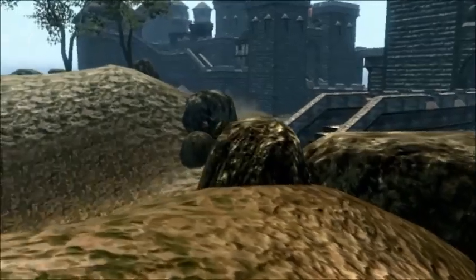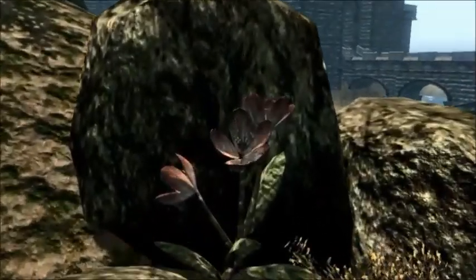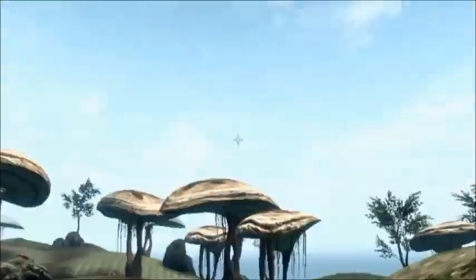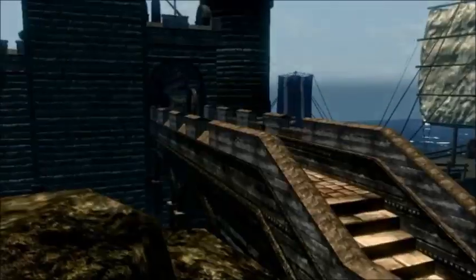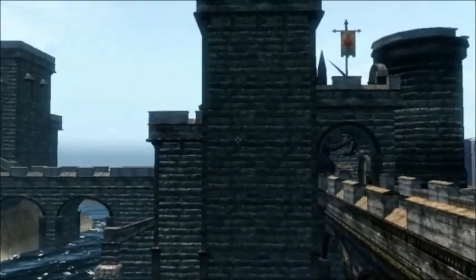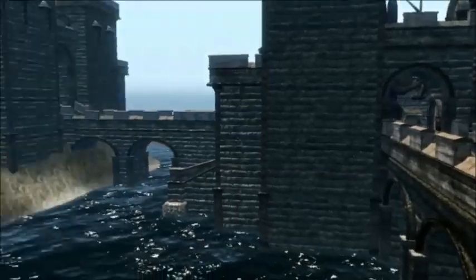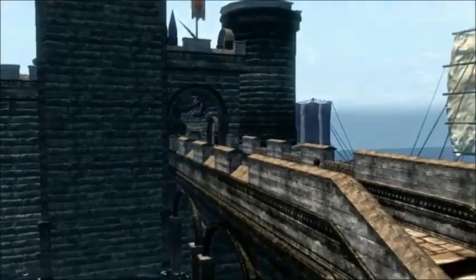Actually, before we get to Seyda Neen, I've wandered past a place called Ebonheart, and I forgot about this place, but this place is basically the seat of Imperial power in Morrowind. Vivec is basically the Dark Elf area, but the Imperials, of course, have this military presence all over Tamriel, and that includes the Summerset Isles, and that includes Morrowind, and everywhere else. And this is how powerful they used to be. They used to have a fantastic looking castle just like this,